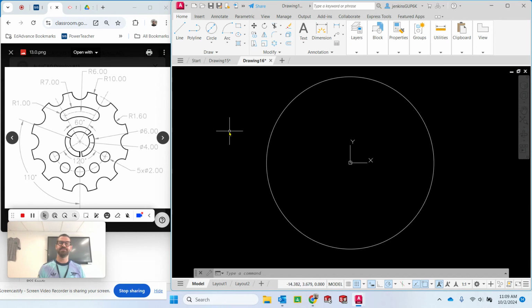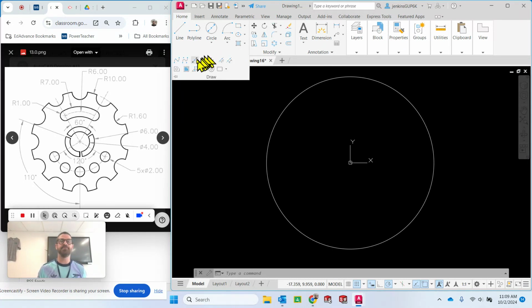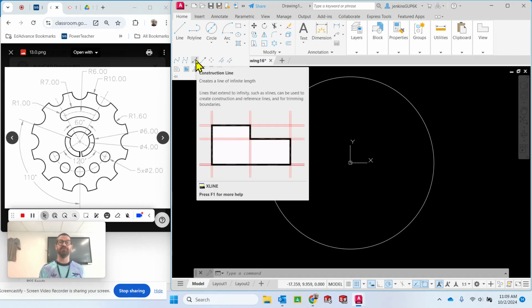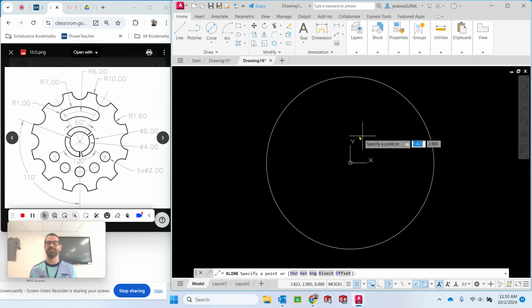And I want you to see this other kind of construction line. We've been using just a line and drawing it, and every line we've drawn so far has a starting point and an end point, so it's a line segment actually. But there are other construction lines we can do where they just go off forever, infinite. You can find that if you hover over the draw menu down here and click on the construction line that goes forever. You can click on that, and it allows you to create some